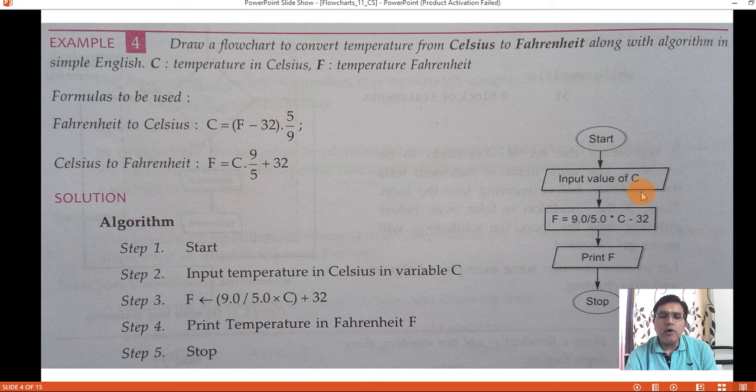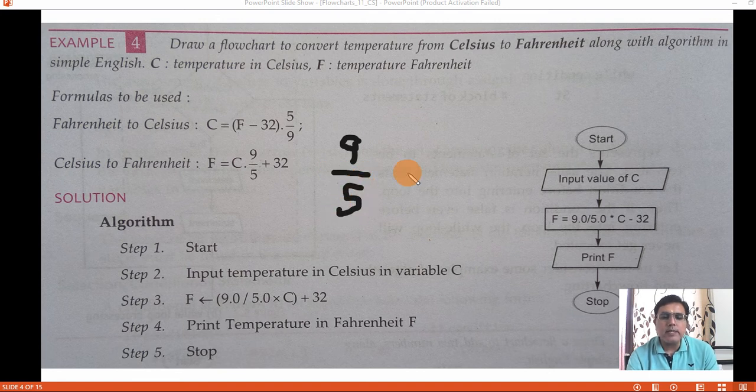Now you have got the value of temperature in Celsius. This has to be converted into Fahrenheit. Now in computers you cannot write 9 divided by 5 like this. This we write in normal mathematics.